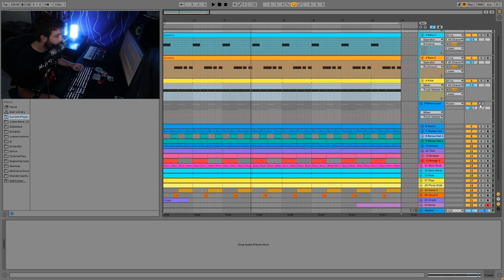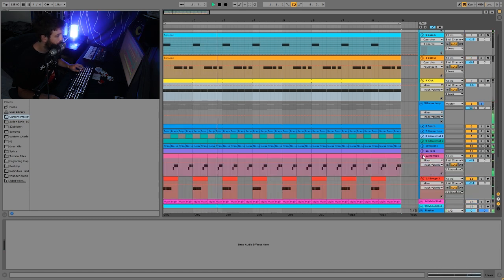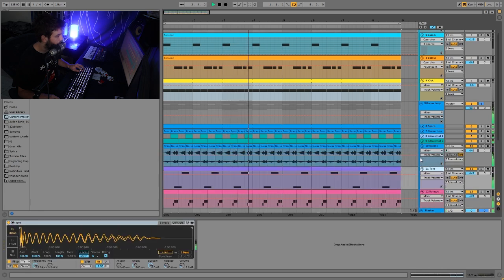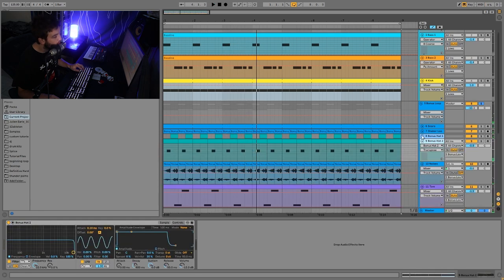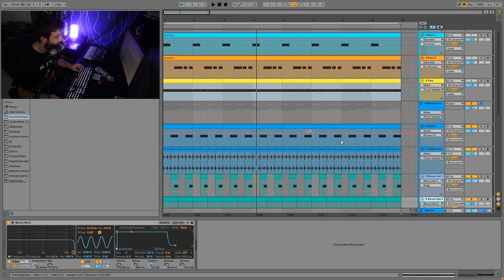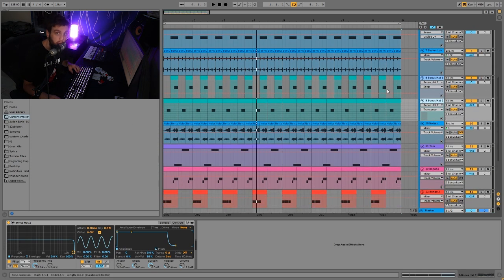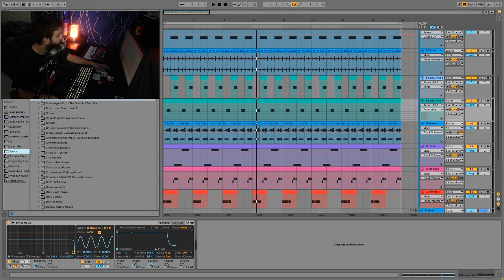Then we have this bonus loop. So the idea behind this is something that's very popular in this style of music: using percussion loops. It really gives you a lot of vibe and character in your tracks that you just can't really get from other sources. I'll show you some, for example,